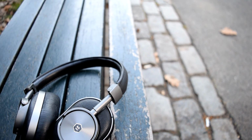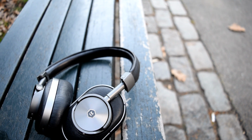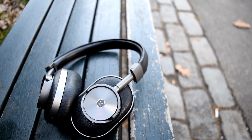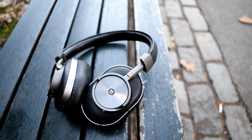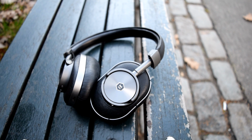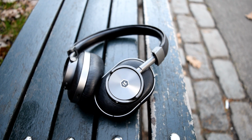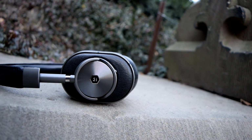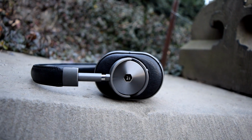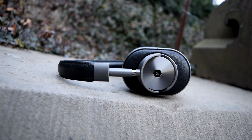From the minute I put these on and sync them to my iPhone and hit play, a smile just formed on my face from ear to ear, and I knew I was dealing with something of epic proportions. Like stated previously, Master & Dynamic claims the MW60 can achieve the performance of the MH40 via wireless connectivity. Well, they have essentially made Bluetooth a primary means of me listening to music when out and about, because the